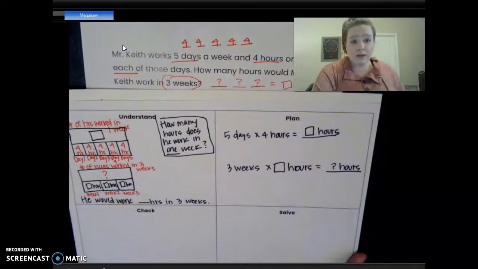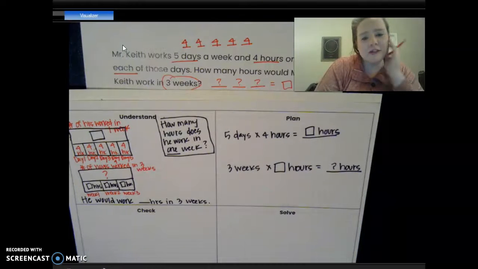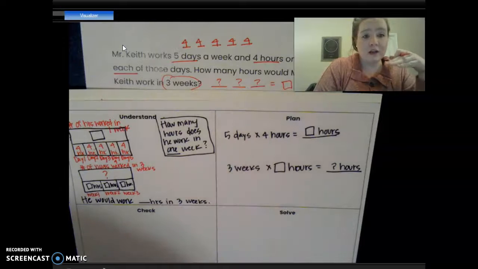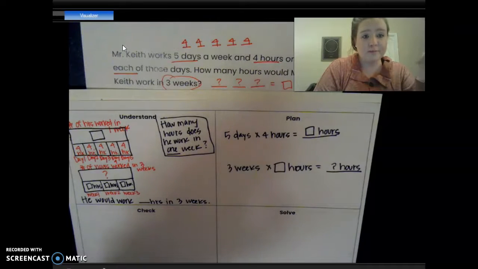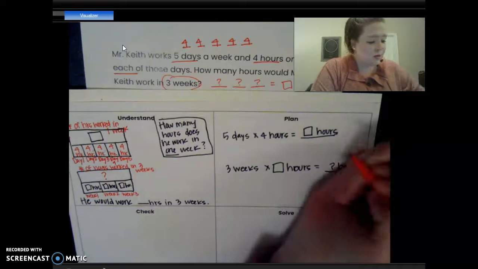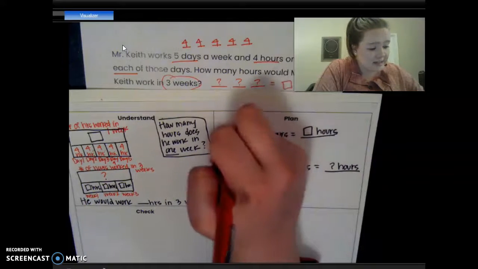So I'm going to do an estimate for this problem. And remember, on Wednesday, I talked about when you estimate your problem, if you estimate lower, your estimate is going to be lower than the answer of your problem. And if you estimate higher, your estimate is going to be higher than what your actual answer is going to be. So for this one, I'm going to do 5 days